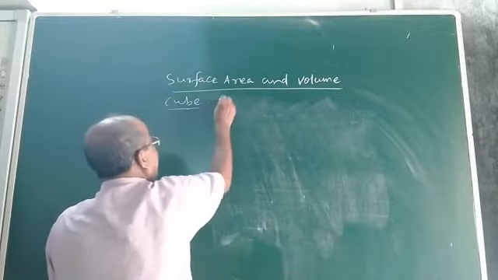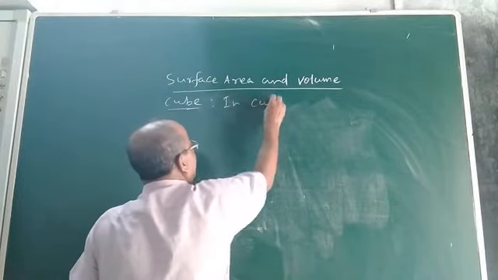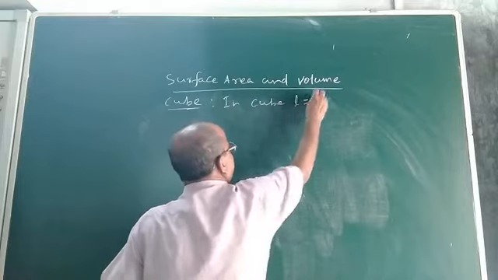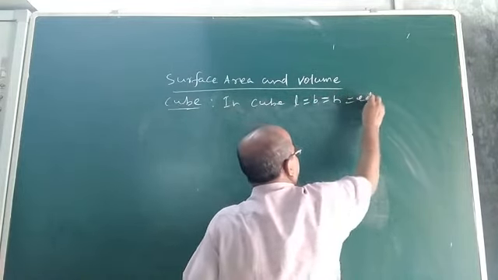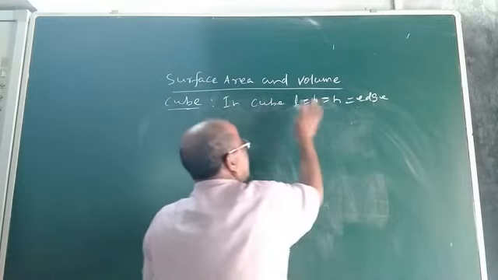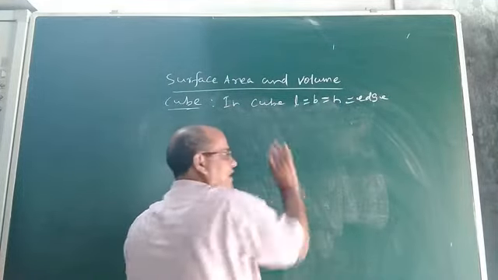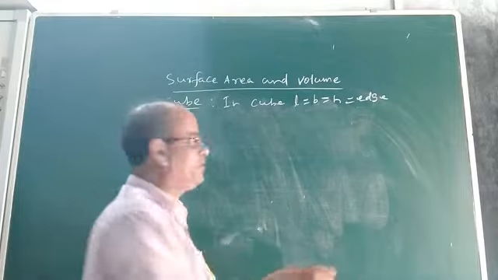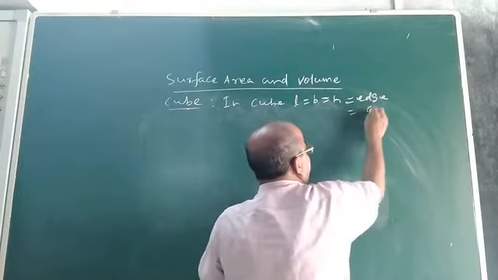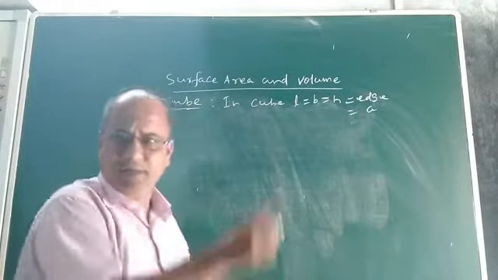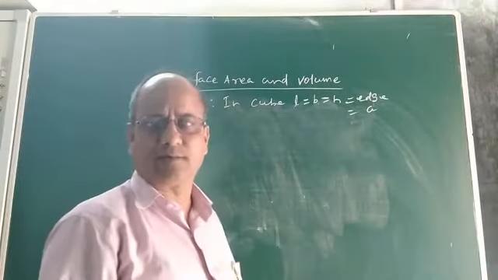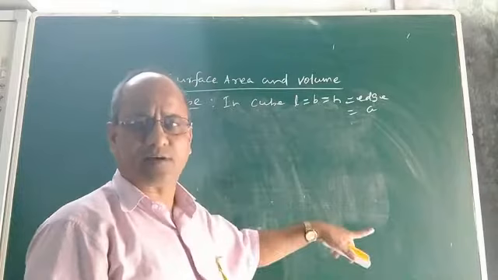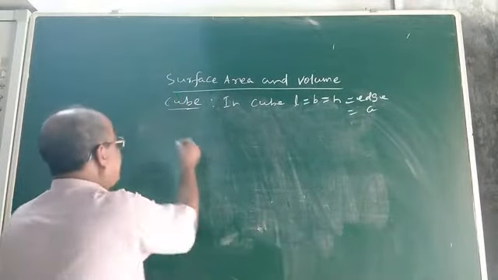That means in a cube, the length, breadth and height are all equal, and it is called the edge. That means edge is the length, breadth and height of the cube. Let us denote the edge of the cube by the symbol a. Now if a is the edge of the cube, then what will be its